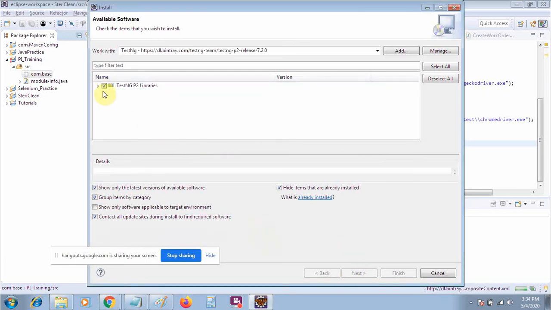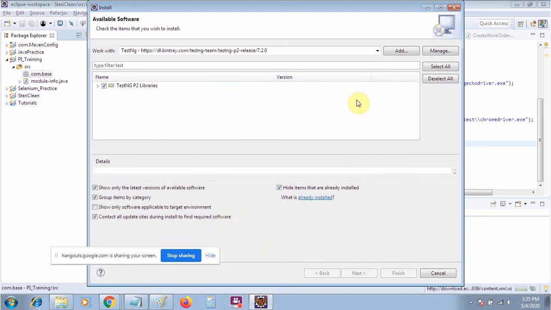In my project it is already installed, so it is not appearing. After next there will be a kind of warning. You have to accept that warning, say yes, and then your Eclipse will restart, and your TestNG will be configured. These are all the basic configurations that you need to do, and later on we will learn how to run our project with Maven and how to configure the dependencies.